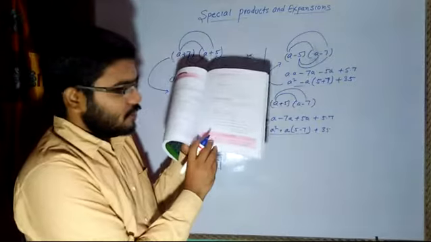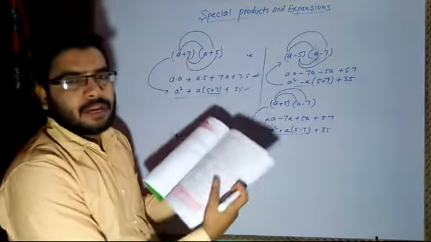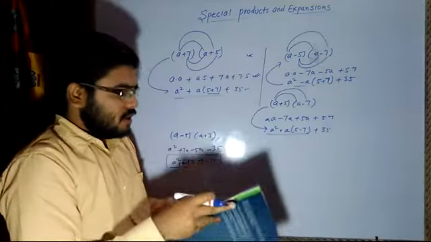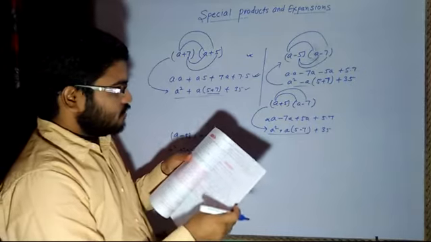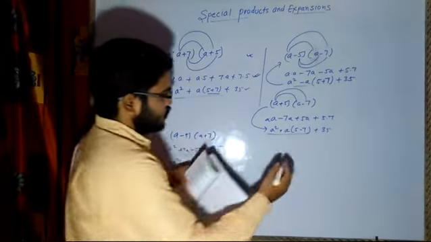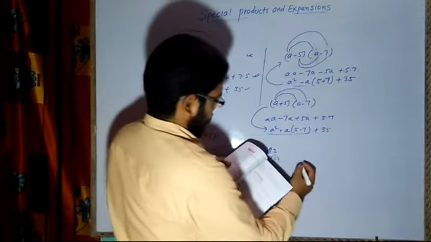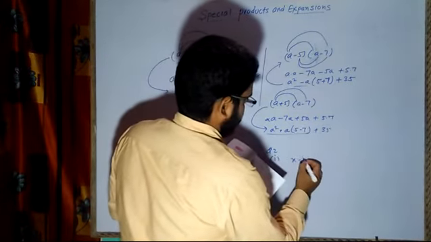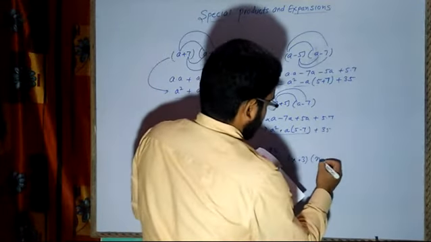You have four formulas mentioned here at the bottom on the right hand side. So you all can learn this by heart and then practice. Then we have certain problems given here, like with respect to x plus 3. Question number 2, sub part 1: you have x plus 3 multiplied with x minus 1.